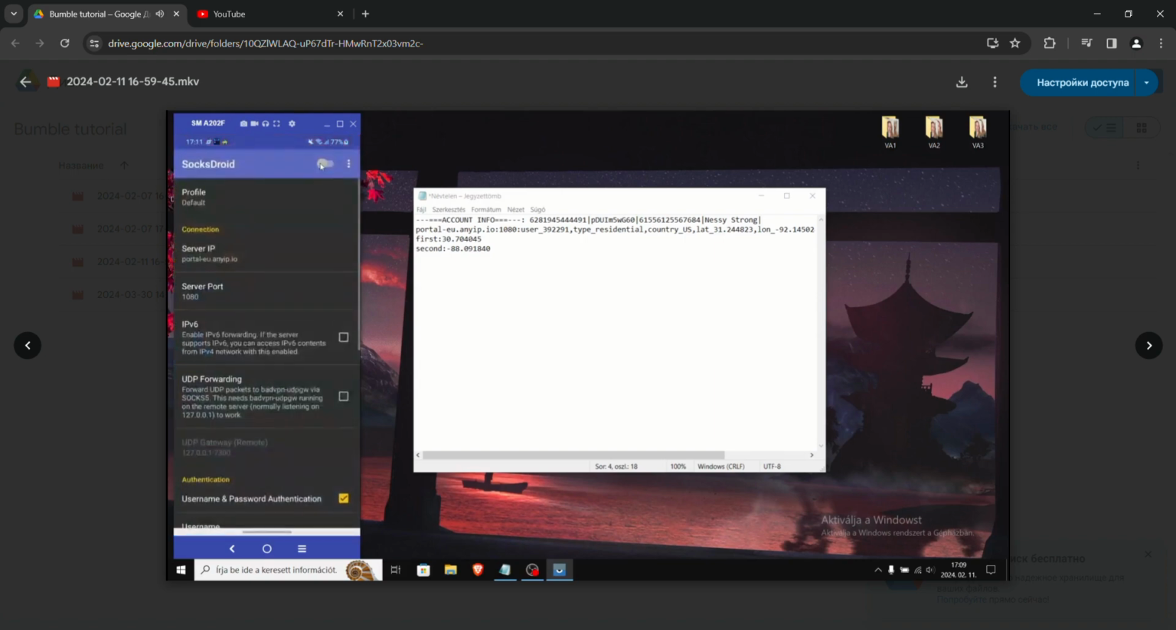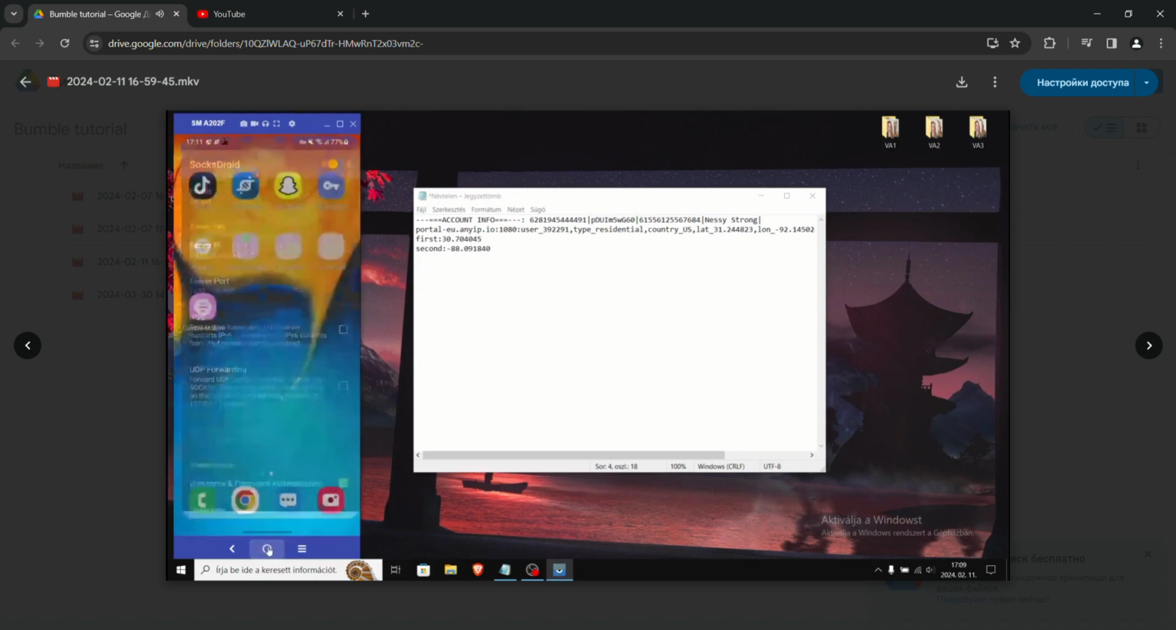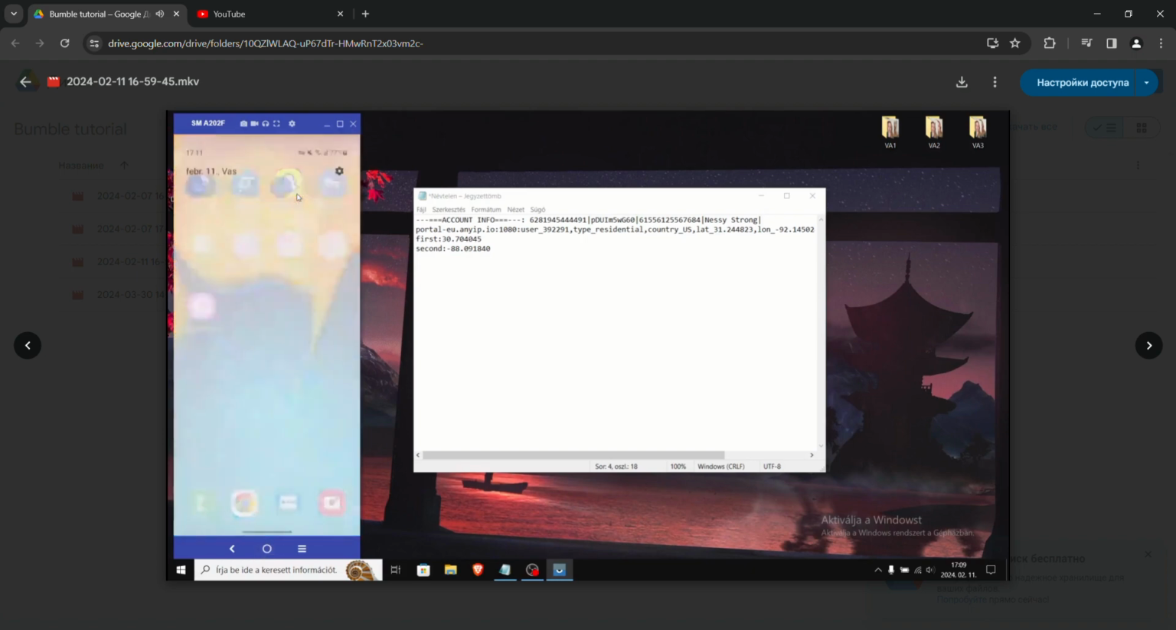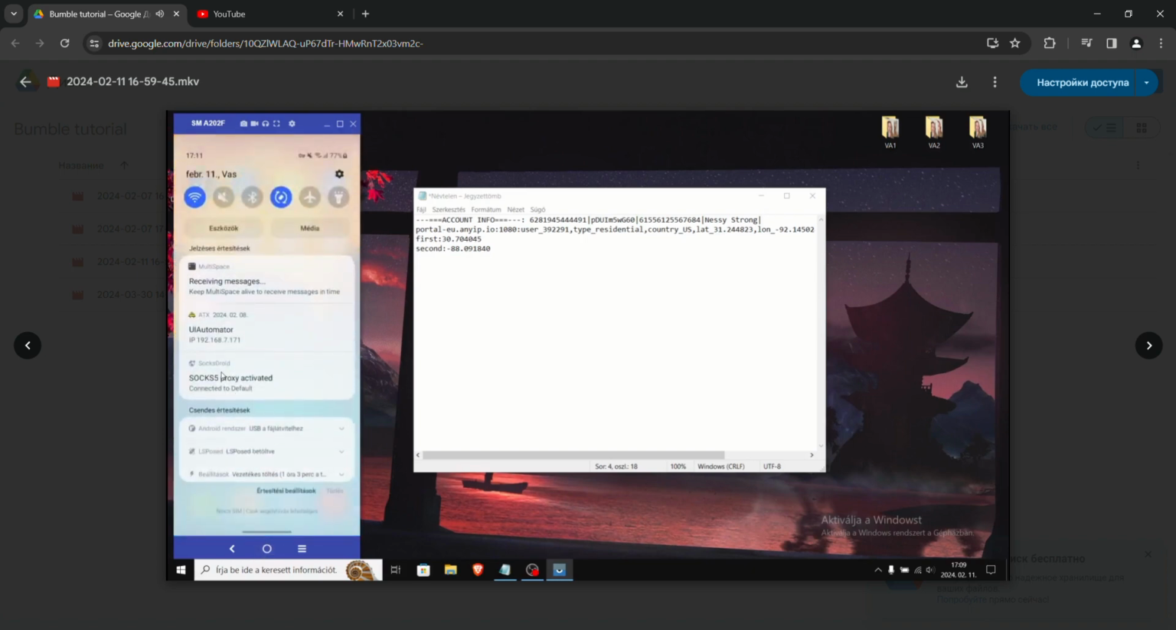Now it's important to turn on the proxy. So before we open the app, we should have the proxy enabled. As you can see, there is this Socksdroid